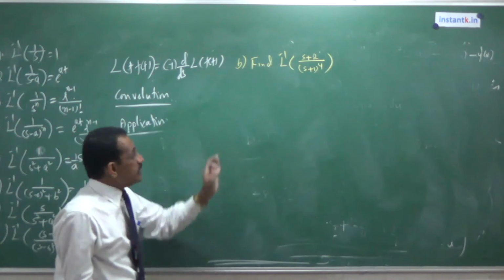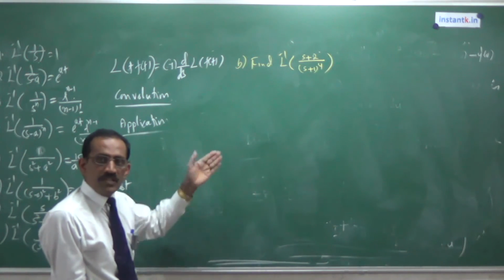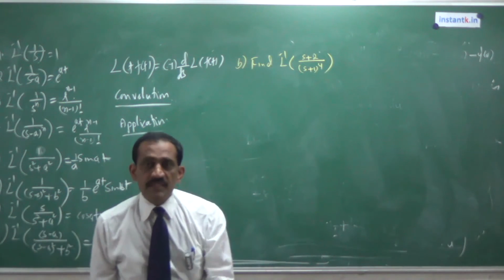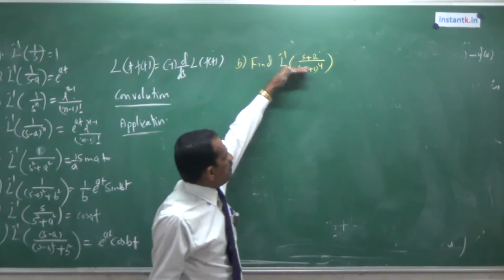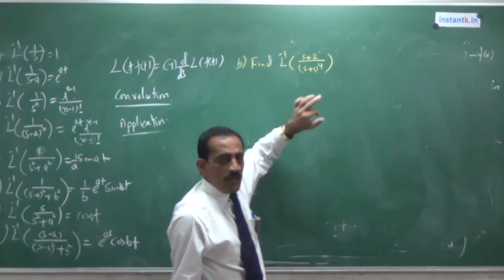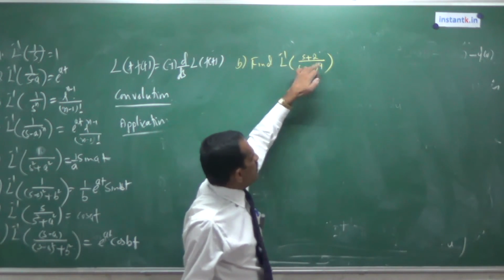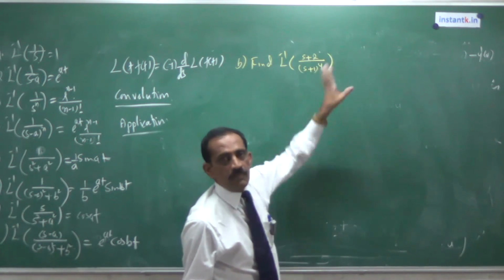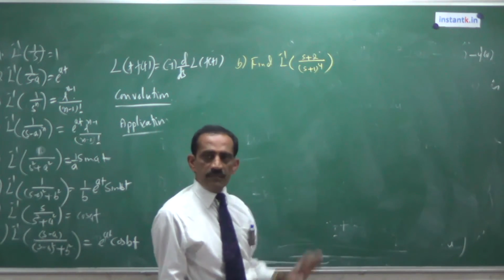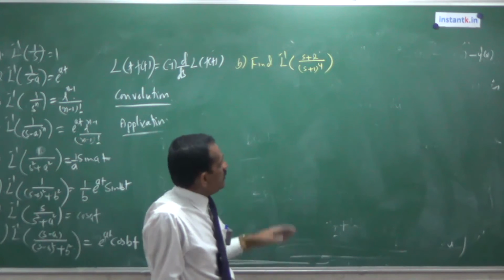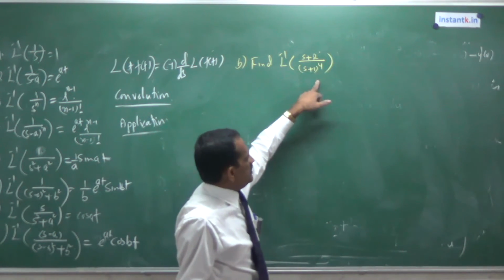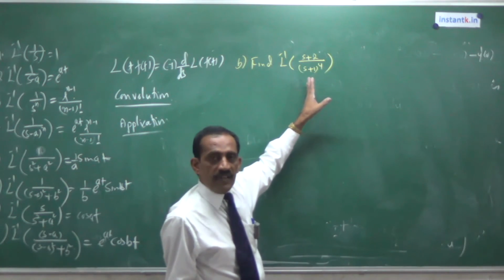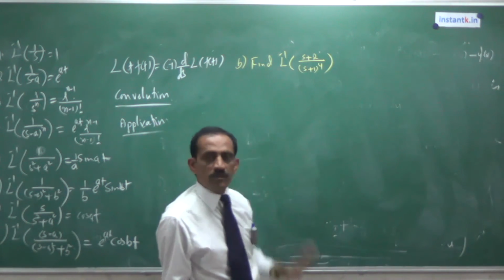So here you see, it is one simple example only. The question need not be this one. Any problem of this type can be asked. The method is the same. Here, one method is resolving into partial fractions by writing this as a by (s plus 1) plus b by (s plus 1) whole square plus c by (s plus 1) whole cube plus d by (s plus 1) whole to the power 4. This is the method you have seen. Instead of that, when a problem of this type has only one function in the denominator, we can directly resolve into partial fractions by writing the numerator in terms of the denominator.